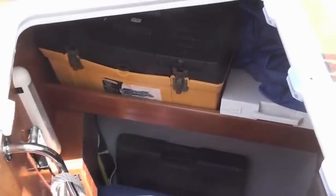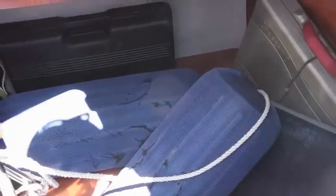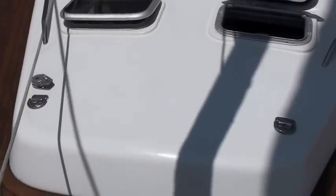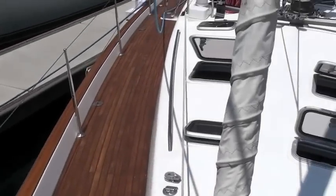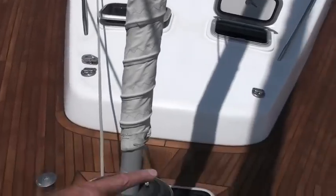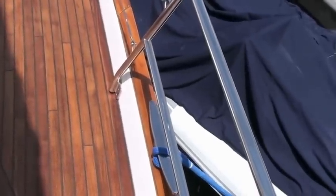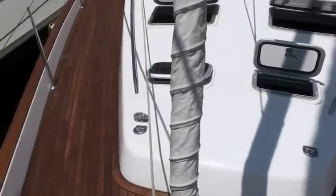This is our forward sail locker, great for storing fenders, sails, and also we have the windlass remote control as well. It's great on a long-range cruising boat to have that kind of storage facility. Notice the size of the pad eyes. It's set up for asymmetric spinnaker, and all of the opening hatches, the skylights. It's very light and airy down below. And the bow pulpit here is extended and raised from what you'll normally see on a sailboat, which is a very handy thing. There are brackets for a kayak as well,